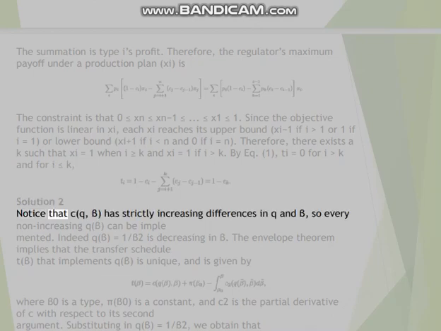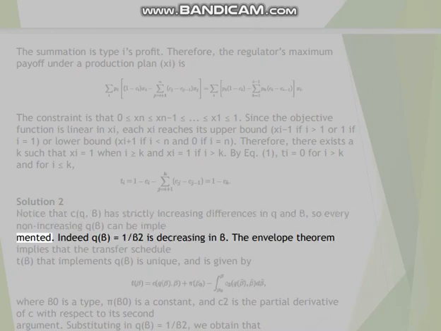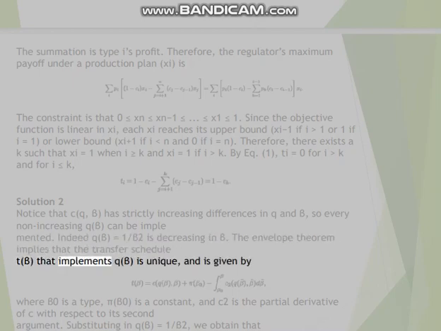Solution 2. Notice that C(q, beta) has strictly increasing differences in q and beta, so every non-increasing q(beta) can be implemented. Indeed, q(beta) equals 1/beta squared is decreasing in beta. The envelope theorem implies that the transfer schedule T(beta) that implements q(beta) is unique and is given by